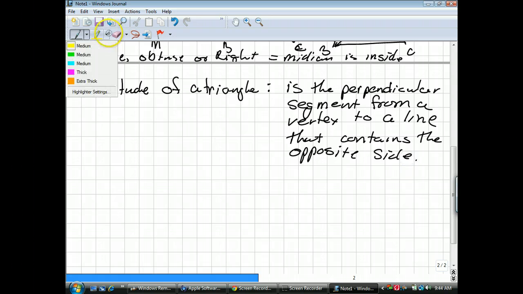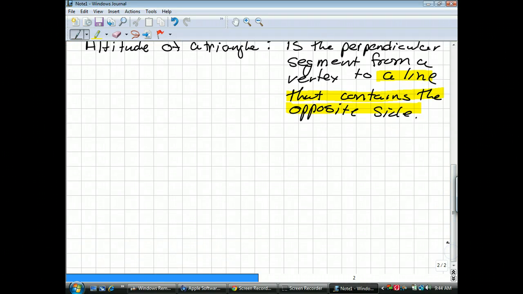Okay, and the key here is a line that contains the opposite side, and you'll see why in a minute. Okay, so if my triangle is acute,